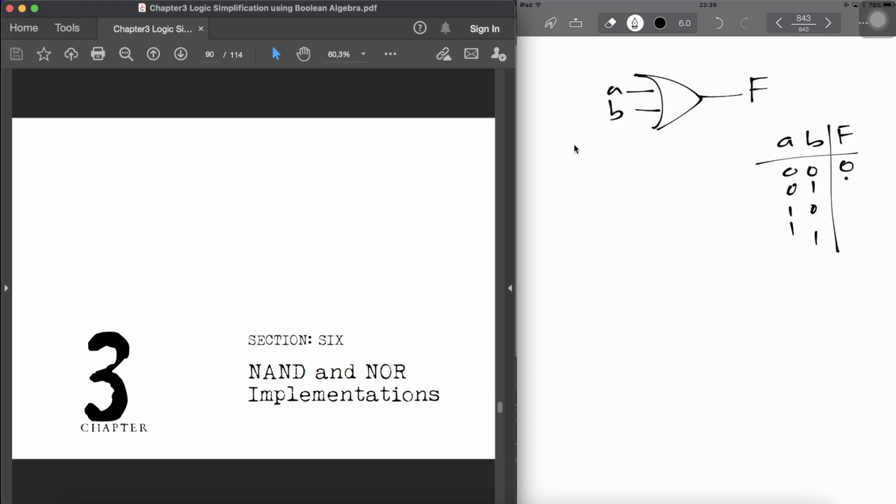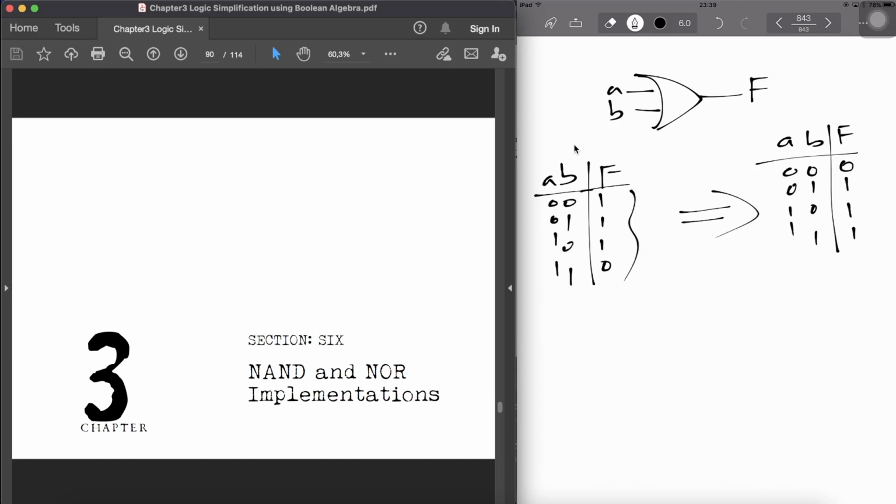This is 0, 1, 1, 1 if either of them. Now the NAND function, again 0, 0, 0, 1, 1, 0, 1, 1, and this is F: 1, 1, 1, 0. Now, if I want to implement this function using this function, I just need to make some